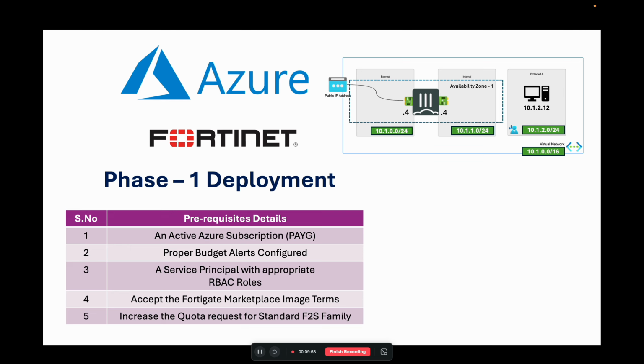For the prerequisites, just to quickly reiterate, you're supposed to have an active Azure subscription, and you're supposed to configure the proper budgets, alerts, and everything in place for your Azure subscription, and the service principal with the appropriate RBAC role. In the earlier session, we created a service principal called the Terraform SP. That Terraform SP will have the contributor role on top of your Azure subscription. And to deploy this entire